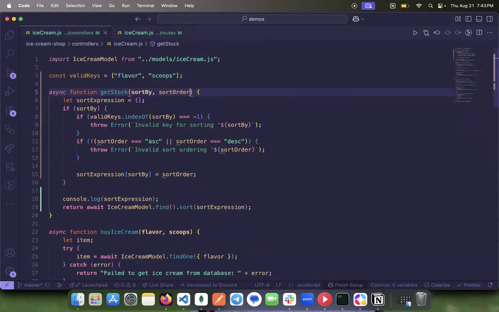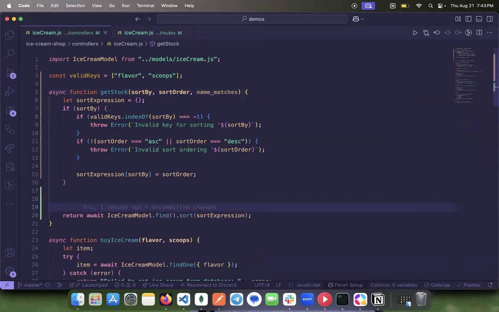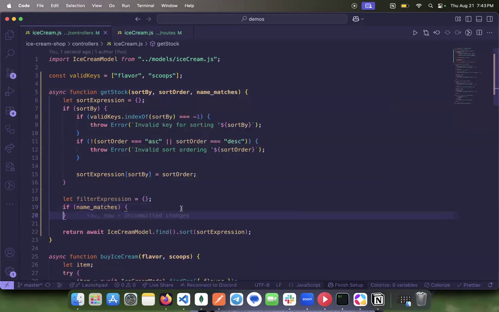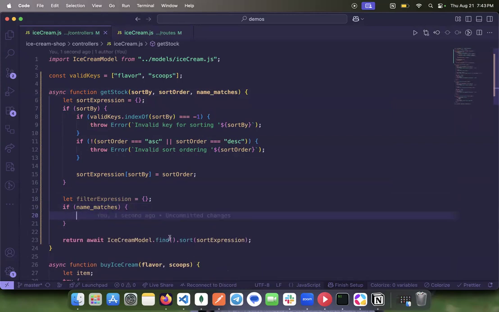And we'll add this parameter. So we have our sort expression. And let's create a filter expression, which is going to be empty by default, which is to say, give me everything. It's the same as doing this. And if name matches exists, so if we passed a value for it, then we're going to